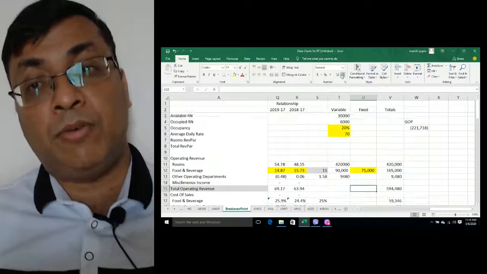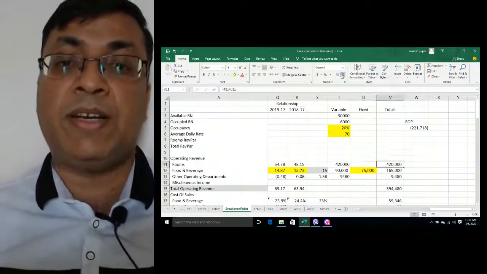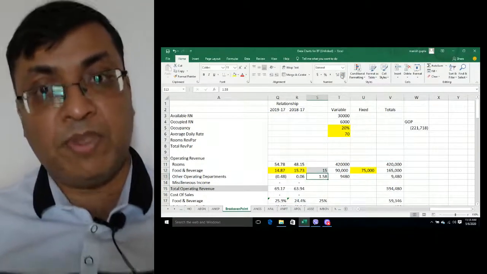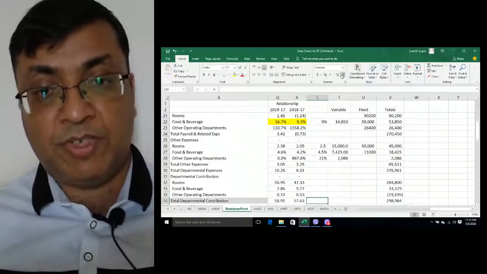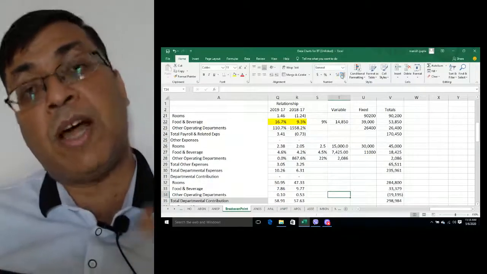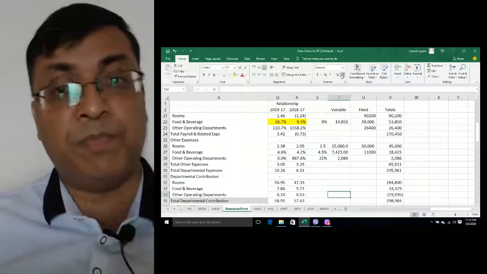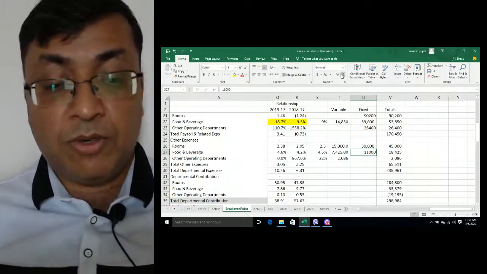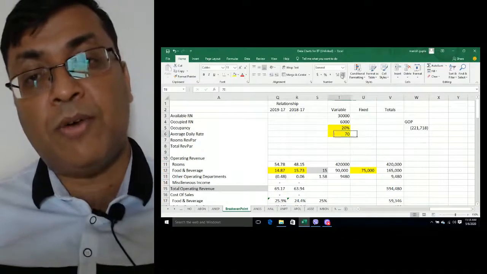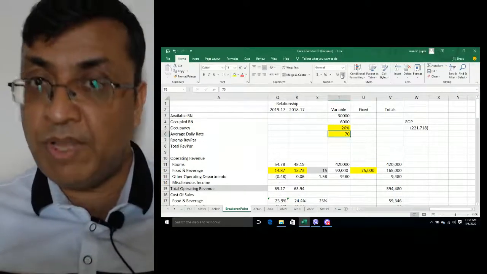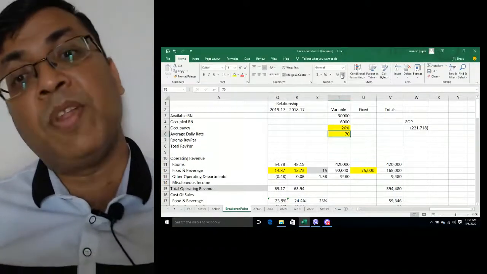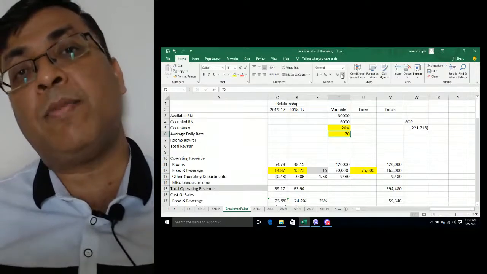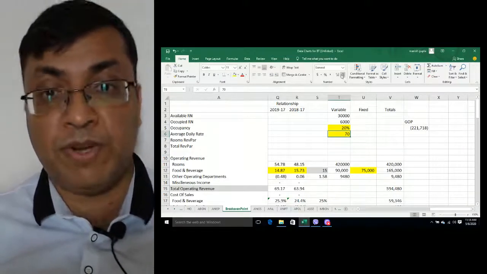So to make it break even, you can either increase the variable revenue, control the variable costs, which are here, and we know which costs are variable, how much of them are variable, how much of them are fixed, and whether we can control the fixed cost to make it break even. So this is how you can analyze your break-even point for your particular hotel and see where the opportunities are to make it a real break even.